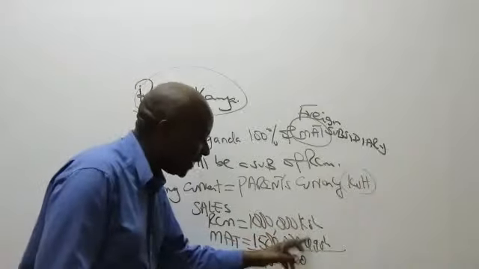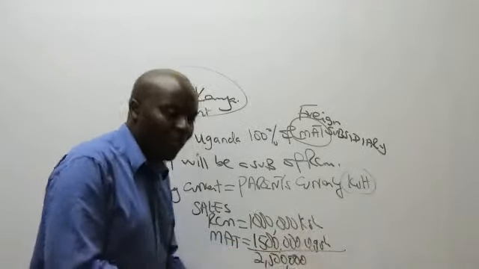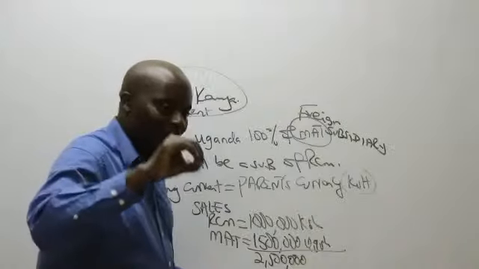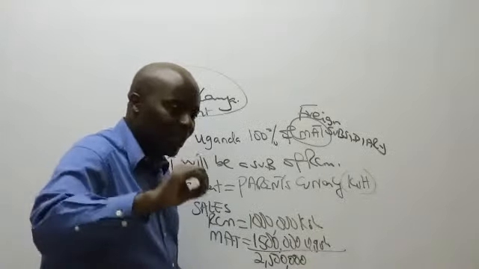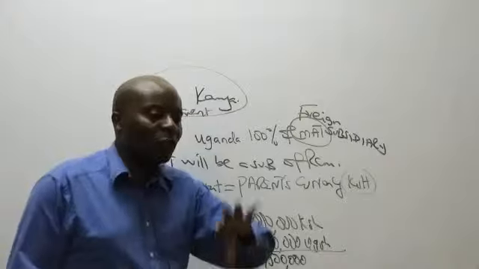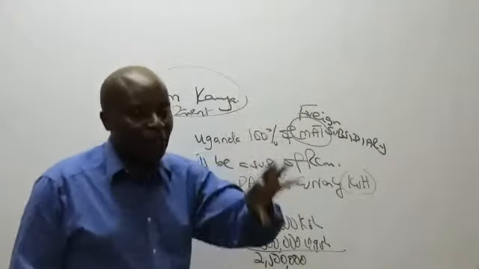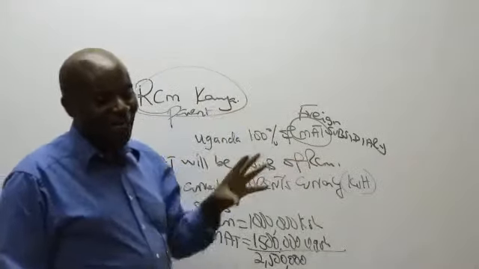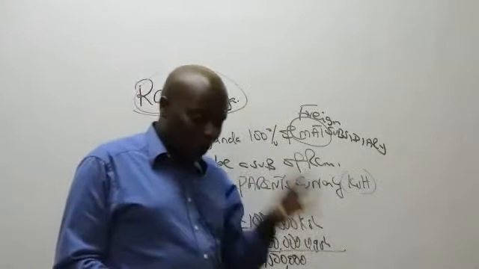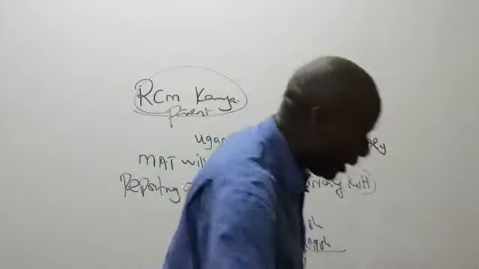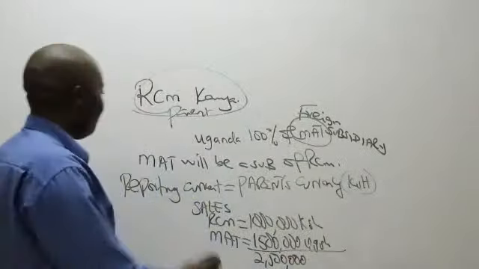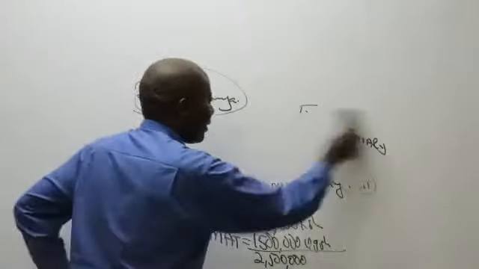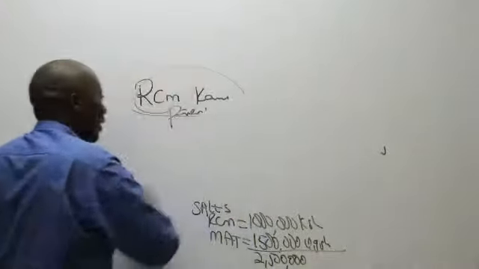There is no way you can add these currencies the way they are. We must look for the foreign currency, the foreign subsidiary metrics must be translated to the parent's currency, must be translated to what we call the reporting currency. That is so important to us. Now, ladies and gentlemen, listen to me very well. Please listen. In your exam, always, for purposes of translation,